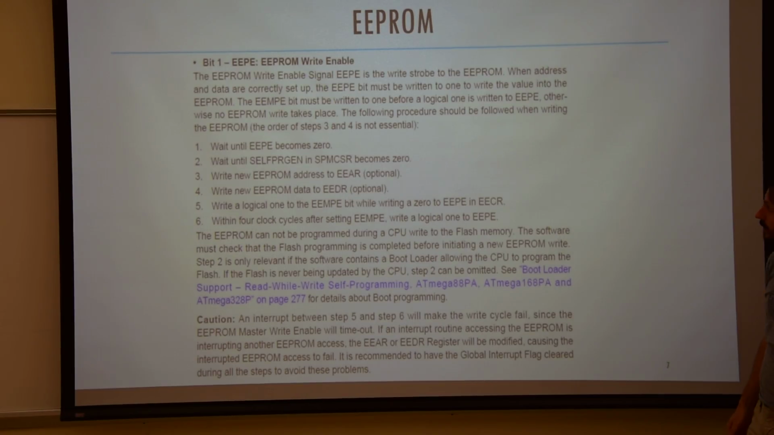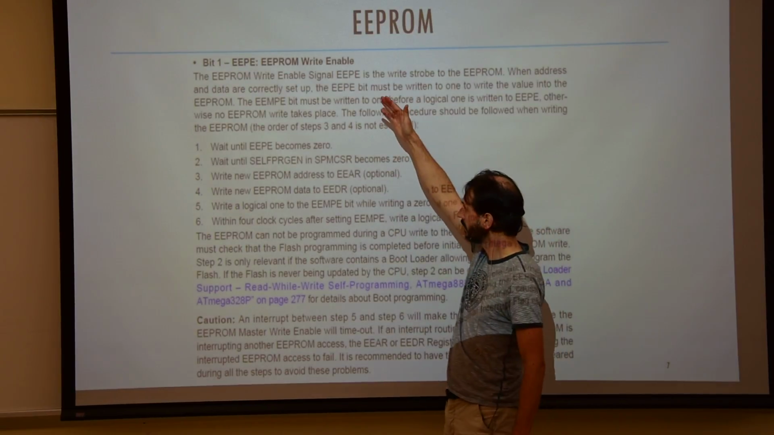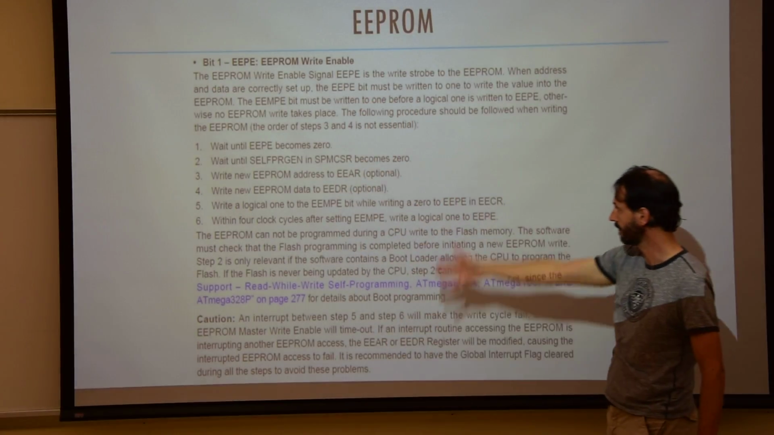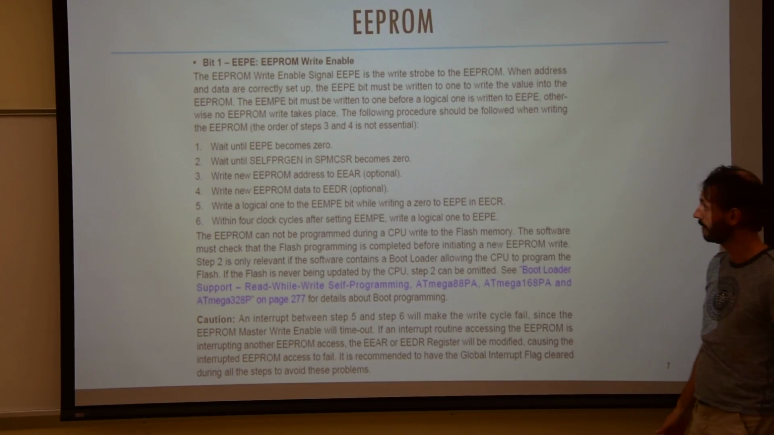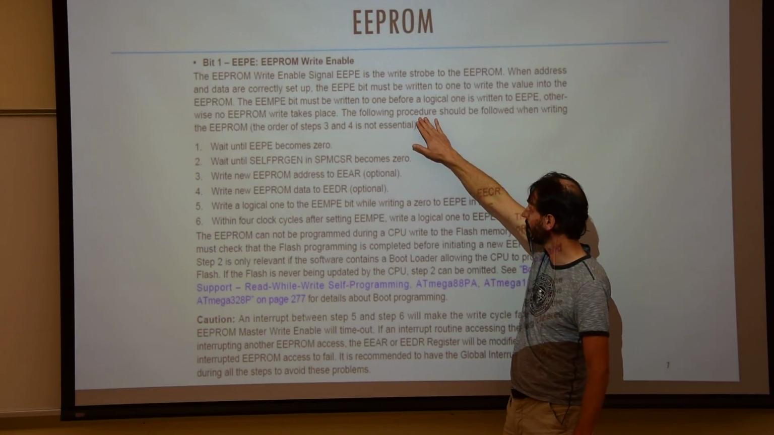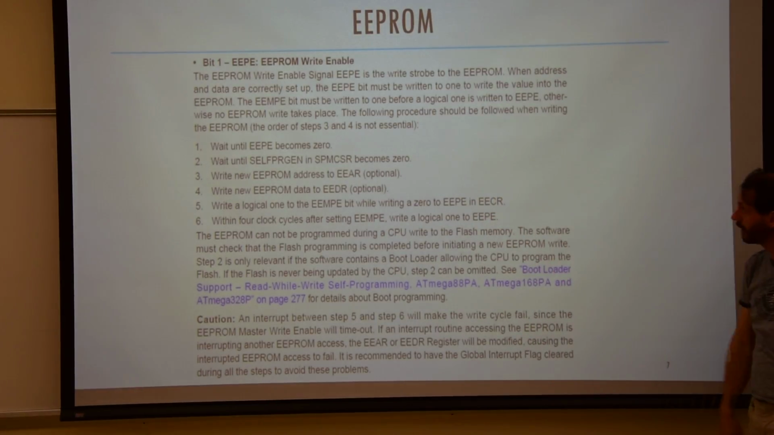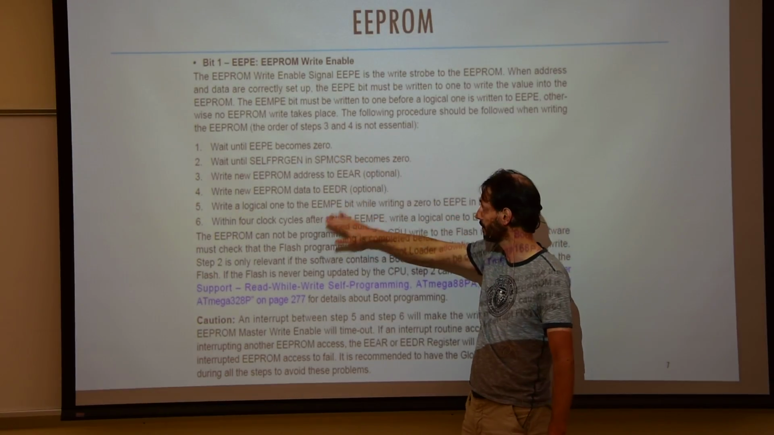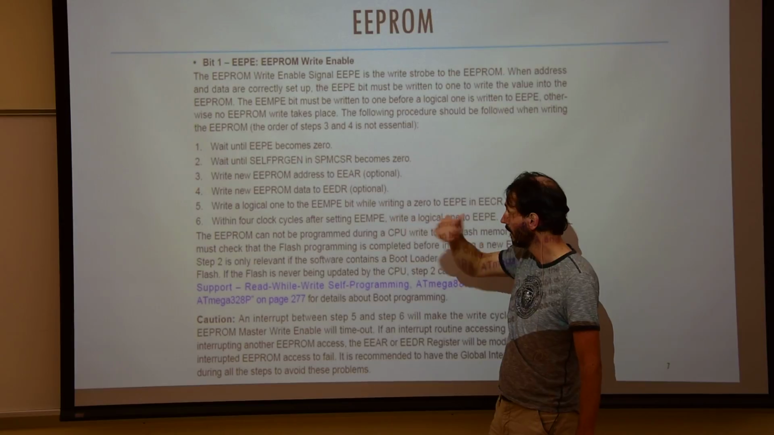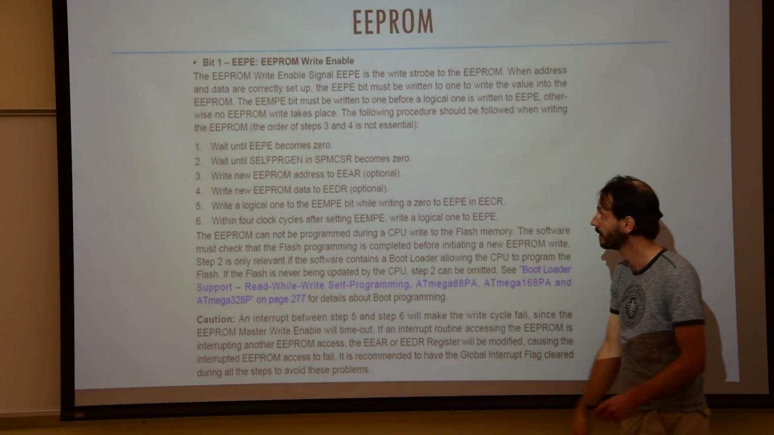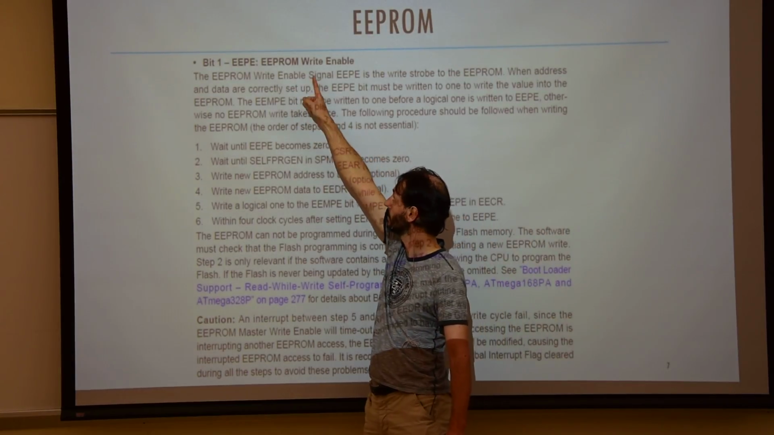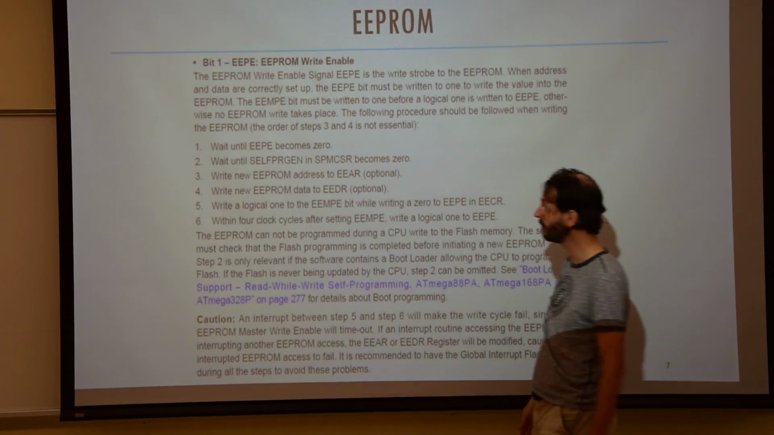Okay, so you will see in the data sheet long pieces of text like that, and you have to find yourself reading this and go through it. We'll focus here on this part. The following procedure should be followed when writing the EEPROM, and that contains a bunch of steps. Some 2 are optional, but you need to wait till the EEPE becomes 0, which is what this particular section is about. So the EEPE field